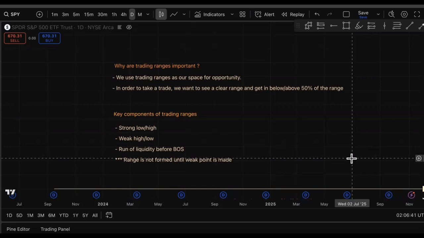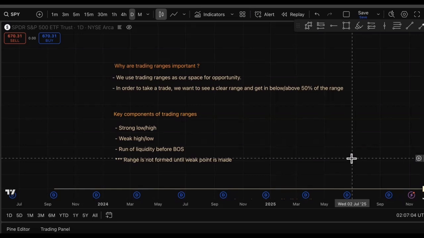This is what we're looking at in the market. There's a lot of different things you can see, but what we're doing is looking at the ranges of the market. And in order to take a trade, we want to see a clear range, and we also want to see a retracement of that range at least above or below 50% of the range. So if it's a bearish range, you're going to see 50% above, and if it's a bullish range,